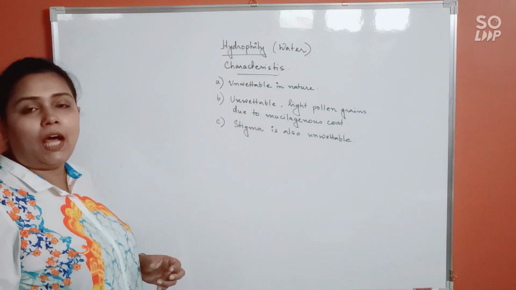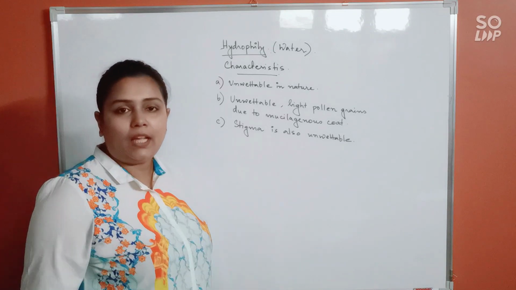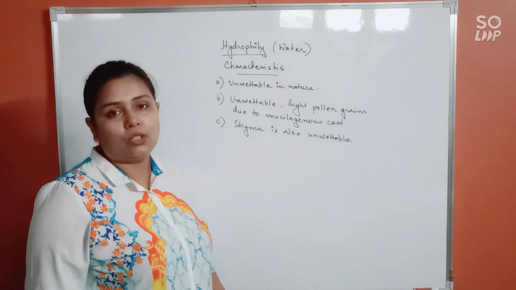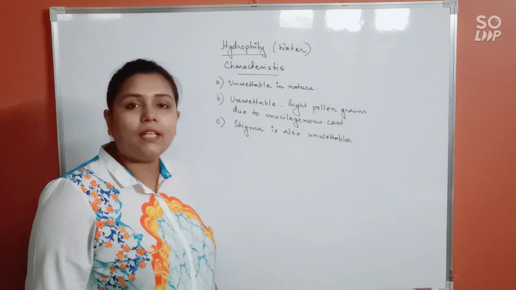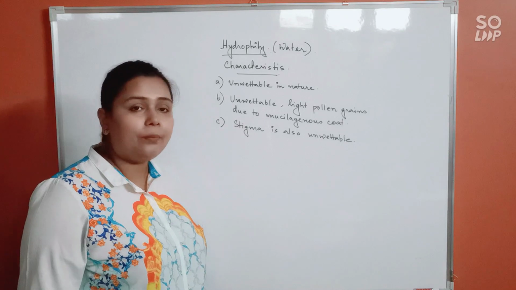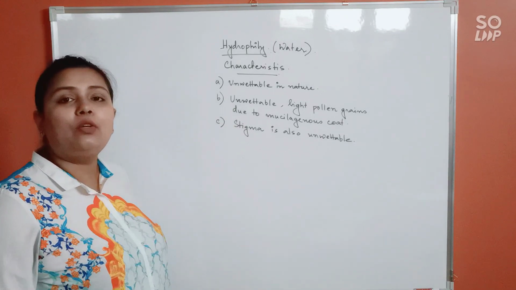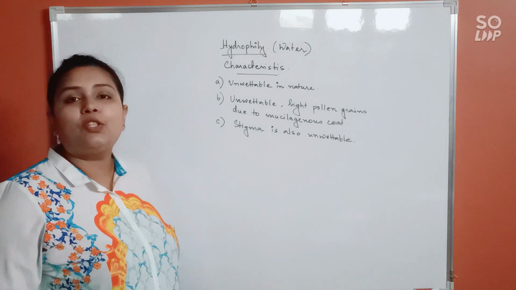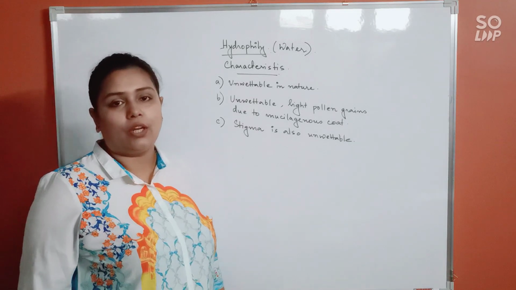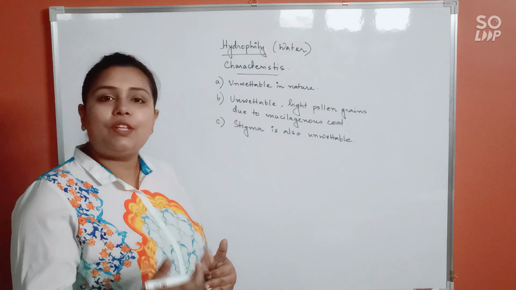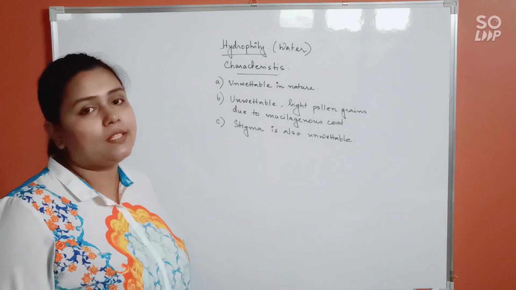The structure of the flower is going to be formed in a manner that it would be completely covered by a mucilaginous cover or a coat, due to which the nature of the flower itself will become unwettable, something that does not get wet. Keeping this in mind, the next thing that we should learn is about types of hydrophily. There are two types of hydrophily according to where exactly the pollination is occurring, whether it's occurring above the surface of water or below the surface of water. So let's see that.